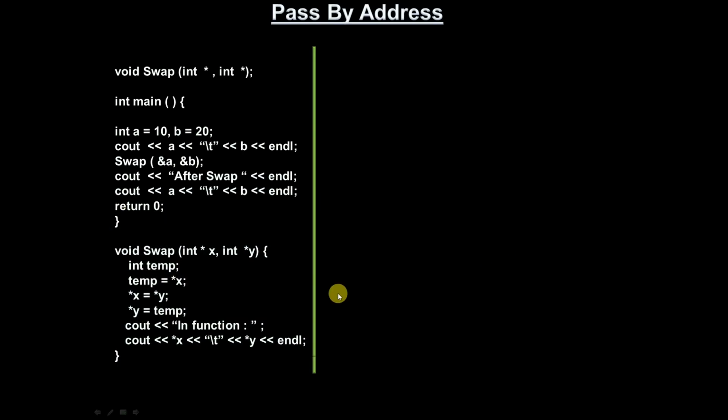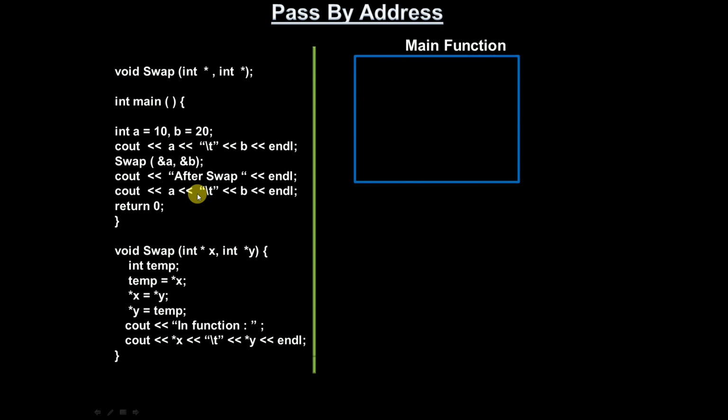Okay, so now let's observe this once again. Same program here. What is happening? We will analyze step by step. As you know, as soon as control encounters the main function, it is going to start. As soon as the CPU executes main, one stack frame will be created for the main function.